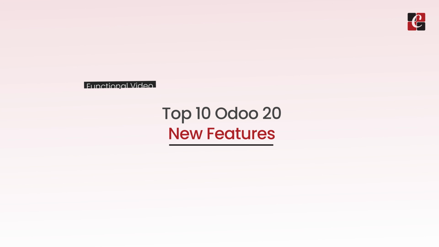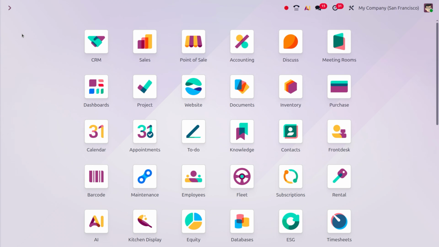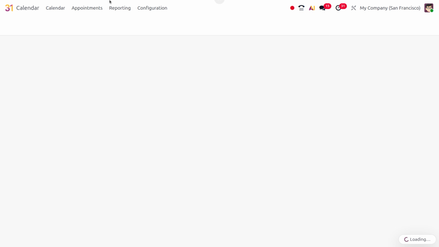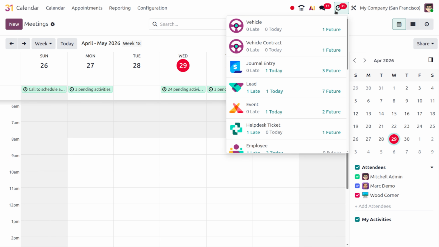In today's video, we'll be discussing the top 10 Odoo 20 new features. So first, let's move on to the activities of the calendar view. Currently, you can see that in the calendar view, we can easily manage the activities and you can find the activities associated over here